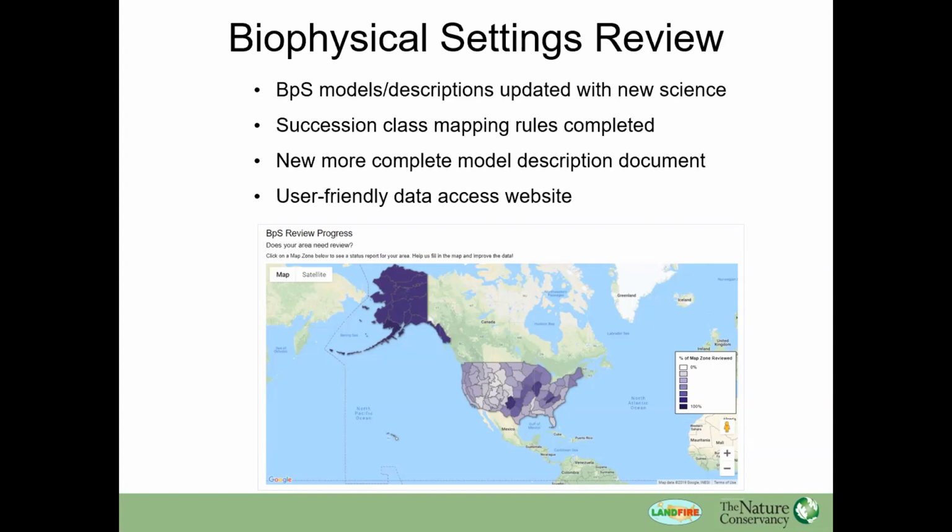Some of you may wonder, what is a biophysical setting? It's basically a representation of historical ecosystems for the United States. Each biophysical setting has associated spatial data, models, which I'll talk about in a moment, and a text description that goes over what is in the biophysical setting. And so I'll talk about these four bullets briefly for the Northeast.